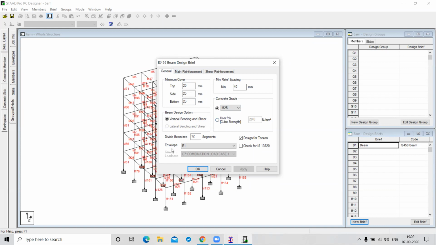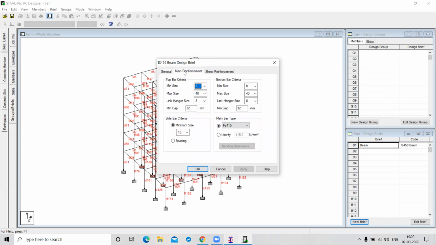See, this is your envelope, which I created in the envelope. So these beams are designed for this envelope. And go to the main reinforcement.